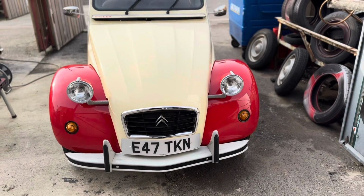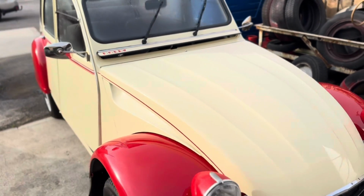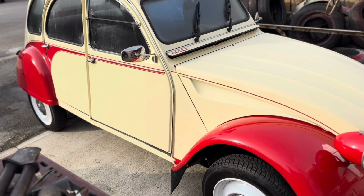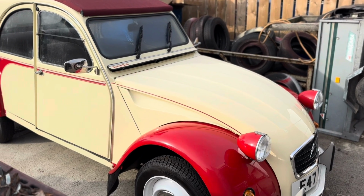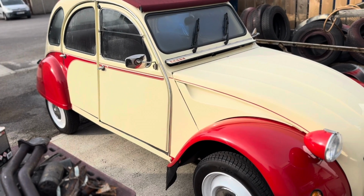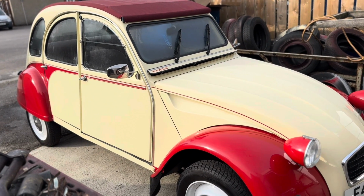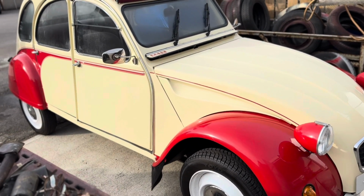Here we have, well, this car's curiously named Sammy's Kiss. Anyway, this is a bespoke dolly kind of theme, based on the 2CV that the chef James Martin bought from the previous chef, character chef, Keith Floyd. So we had a look at those two colours, and I kind of proposed that maybe it would look more congruent as a dolly. So we've done that, and customer's basically very happy with the car,